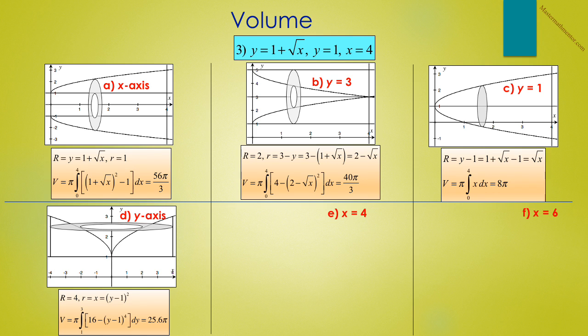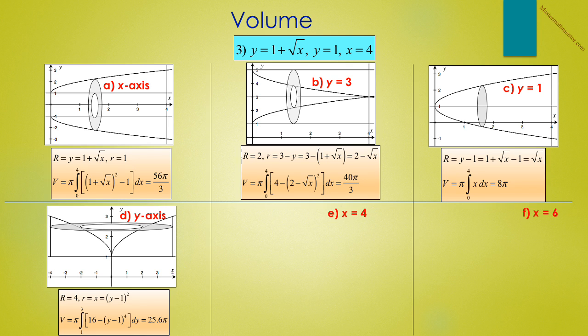And we solve for x in terms of y, and we get x equals y minus 1, quantity squared. So V now is pi integral from 1 to 3 of capital R squared, which is 16, minus little r squared, which is y minus 1 to the 4th, dy, or